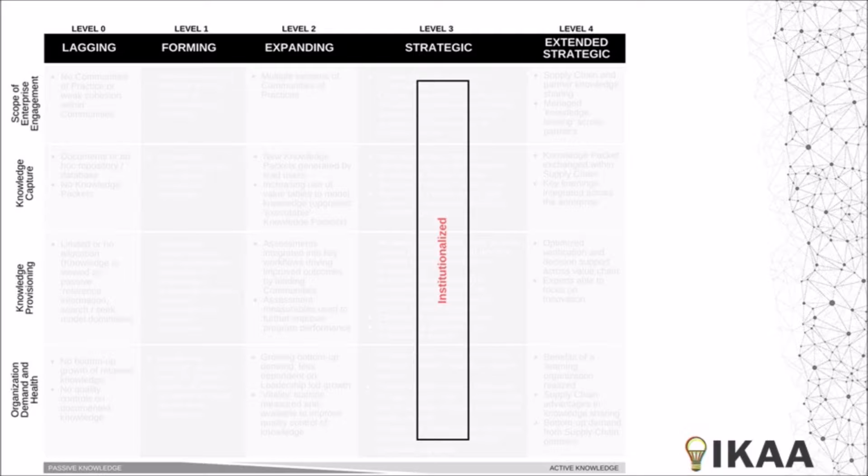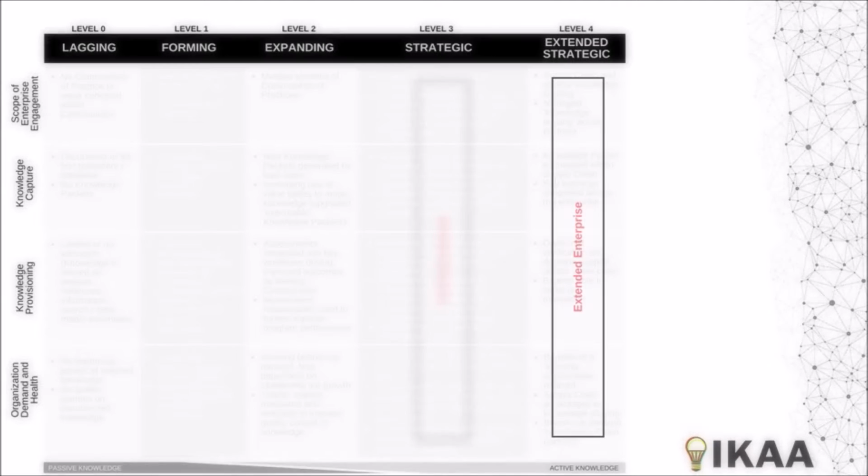Level 3 is strategic. At this level, there's corporate commitment throughout the organization. Knowledge management is no longer considered a process of its own, but rather it's integrated right within the organization's daily processes. It's simply how the work gets done. This integration of Knowledgeware ensures a closed-loop learning process that extends across the organization.